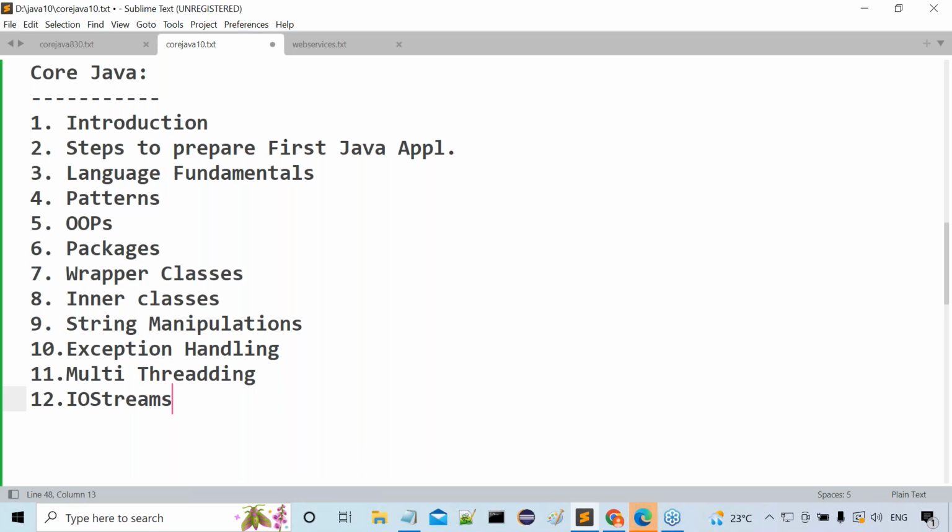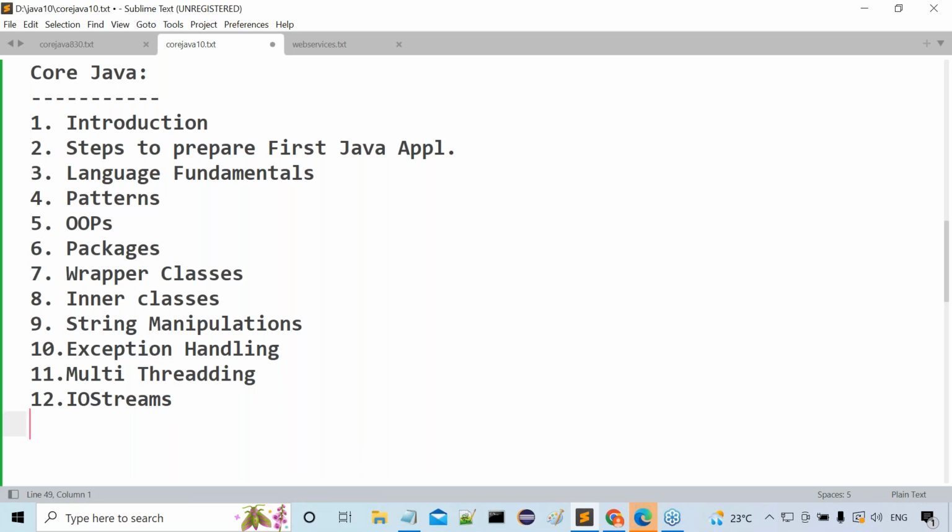Then after that, serialization: how to send an object over the network, how to send an object to a remote computer over the network. Also externalization. So different concepts are available. All these things will be covered under IO streams. If you already know core Java, you may have heard about these words. If you are seeing all these things for the first time, just try to know the names, not required to understand everything. Because I will explain each and every part individually. Here I'm just gathering all the concepts I'm going to discuss with you.